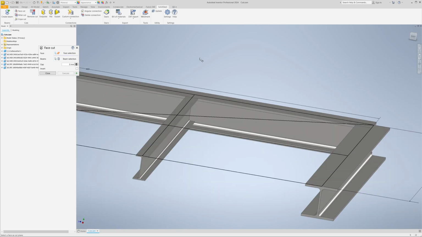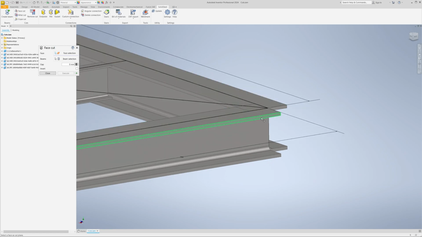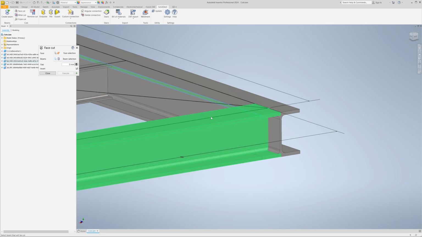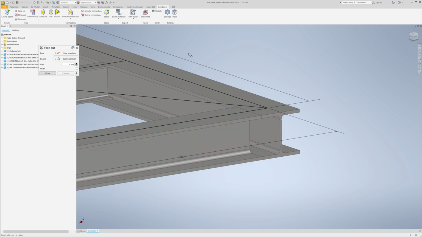We can also use the same tool to extend profiles. Let's say we want to cut this face with this profile. The arrow shows us the cutting direction again, which we now have to invert, of course, and we can confirm. The first profile is now extended. Now we select this face to cut this profile. The invert option is unchecked. Preview fits, confirm, and this cut is also finished.